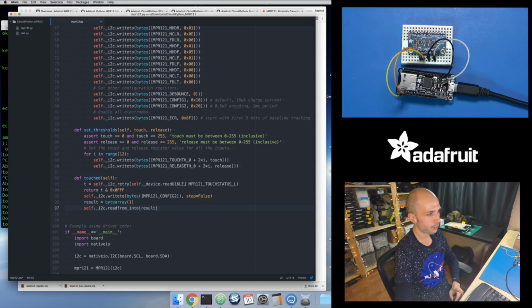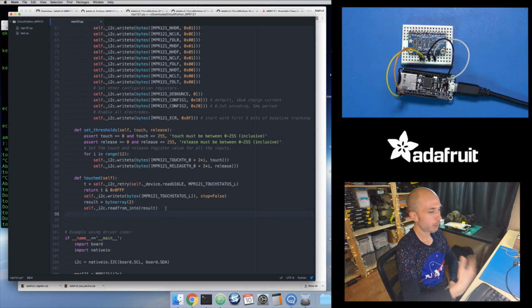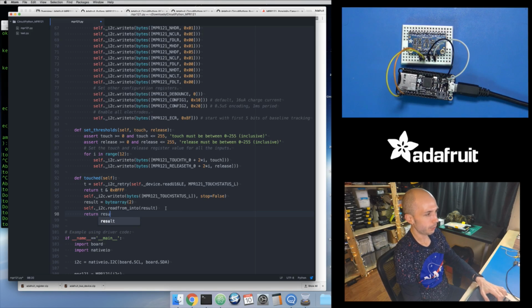Okay, so first I need to write out the register, the touch status register. And again, make sure I send that stop bit equals false because I'm going to continue by reading some data now. And so now I'm going to read 2 bytes of response data instead of 1. And so this result array is going to have 2 values. And then I'm going to turn this into a 16-bit value. So basically the way I'm going to do that is I'm going to return the results, and I believe,